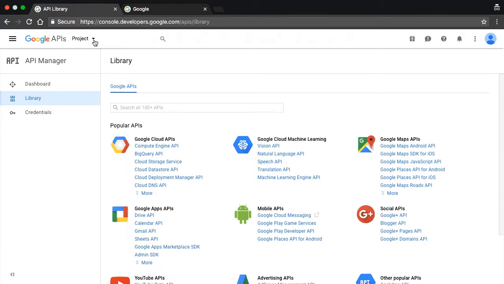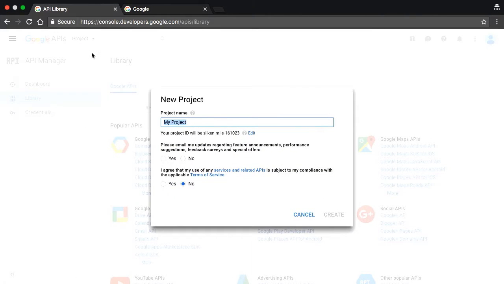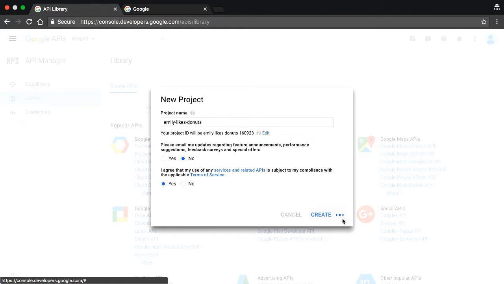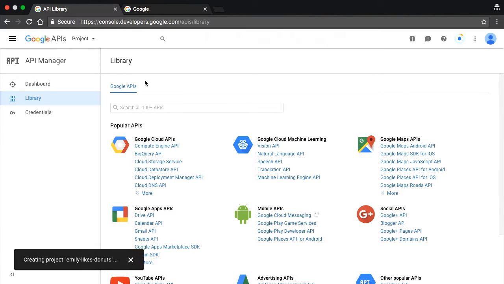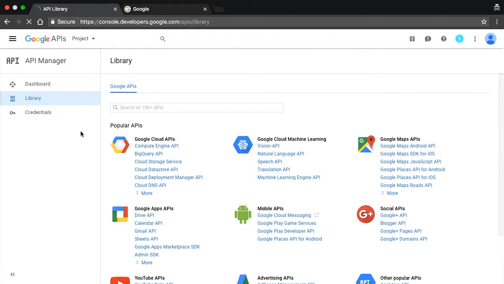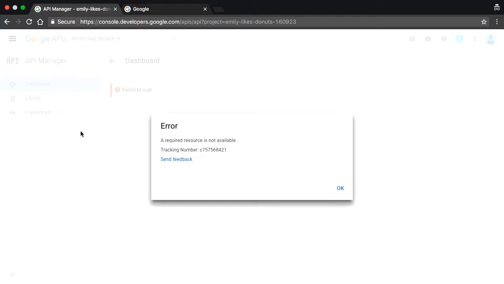So I don't have a project because I just created this account. And I'm going to open a donut shop somewhere because I like donuts. So I'm going to call this project Emily Likes Donuts. And I don't want emails. So while this project's being created, you can really leverage these in your organization kind of best by building them within, oh,